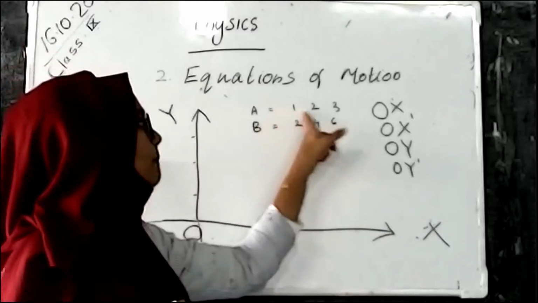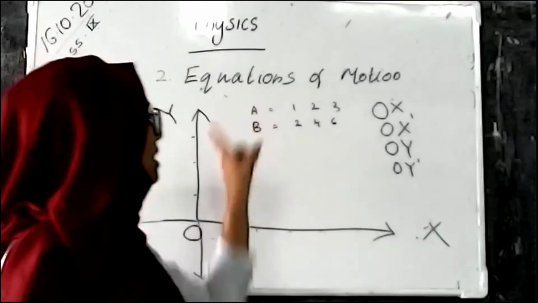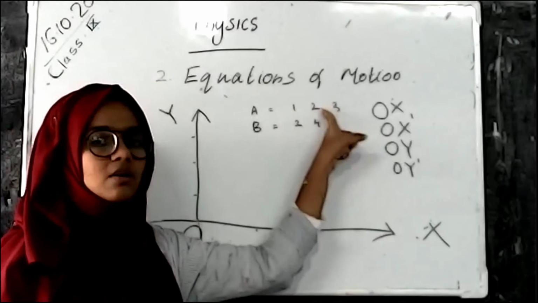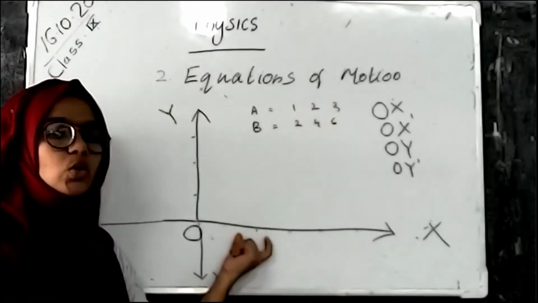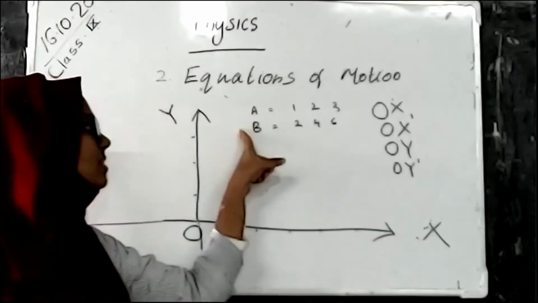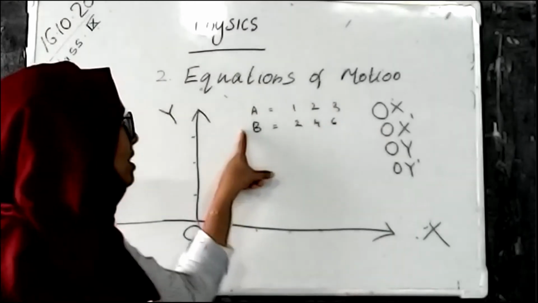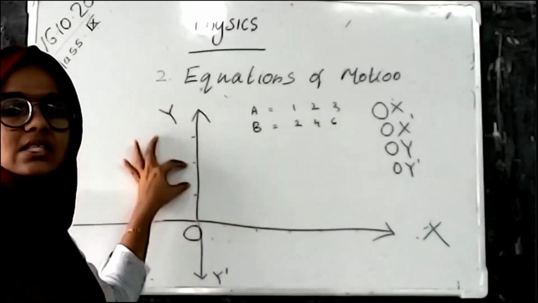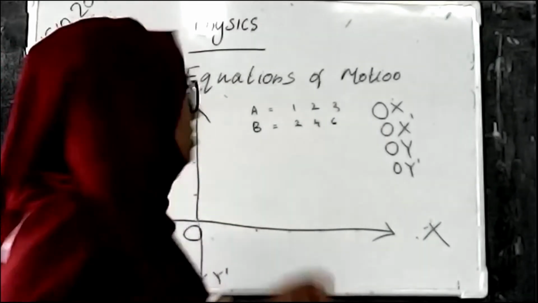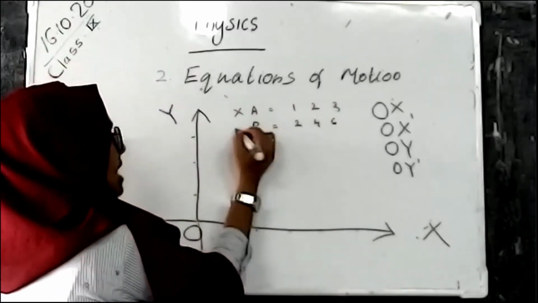Based on the points or values in A, we have taken A on the x-axis. Based on these values, we have to decide what a single unit is in the graph. And we consider B. Based on the values of B, we take the y-axis, with each specified unit on the y-axis. So here 1, 2, 3 is taken on the x-axis and